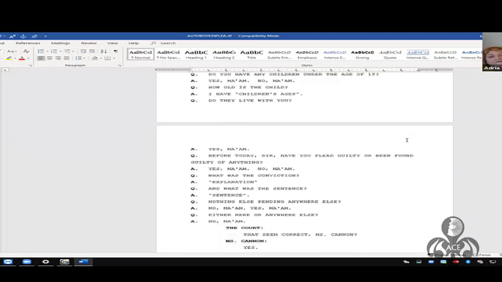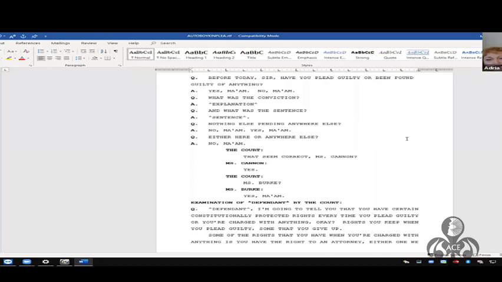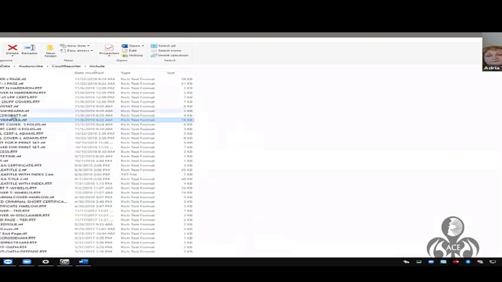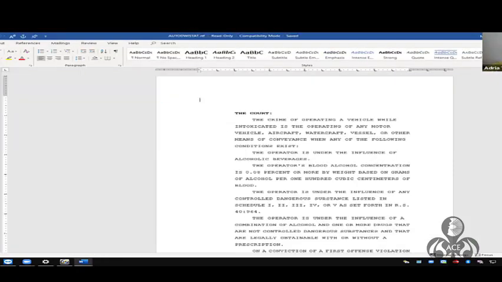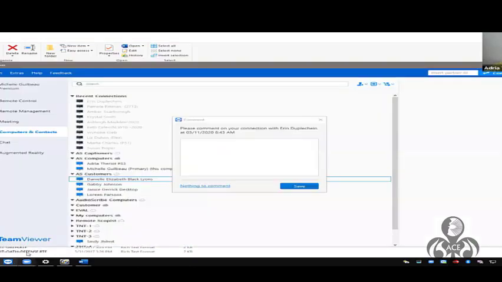That is when both the prosecution and the defense have made their case, and now the judge is going to say to the ladies and gentlemen of the jury,